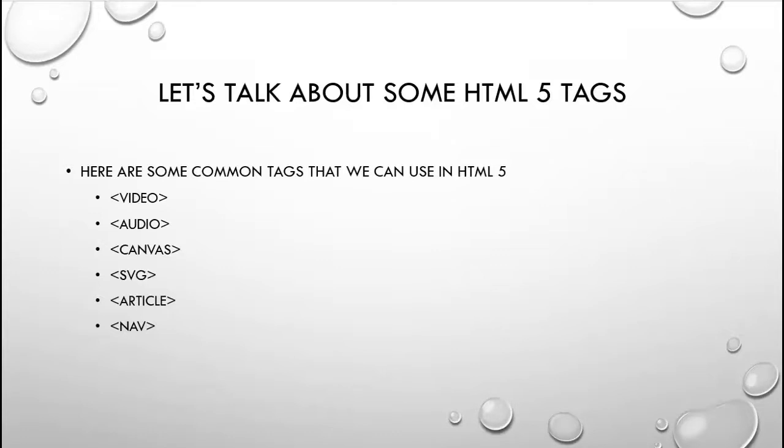And it's actually really cool what you can do with the canvas. Now, an SVG tag is scalable vector graphics. So first we need to talk about what vector graphics are, and then we're going to talk about why they're so important. Vector graphics are graphics that are drawn in a computer. So what that means is that when you draw, let's say, a house in a vector format, you can scale that house to be very, very small,